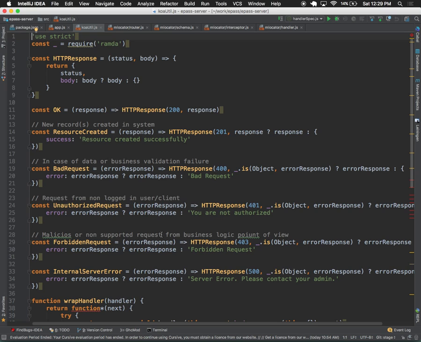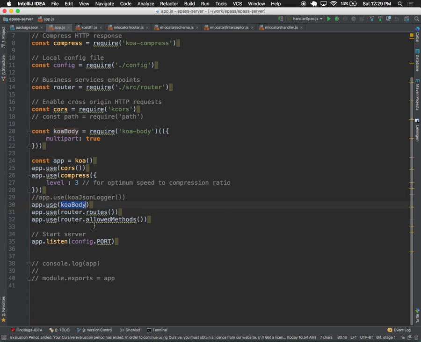So as we're mentioning here, use koa-body, use router.routes and allowed methods, and compress. All of these methods return a generator function. And to that generator function, because we already have function binding in JavaScript, you can make a call to a function by having the context set to a particular object.